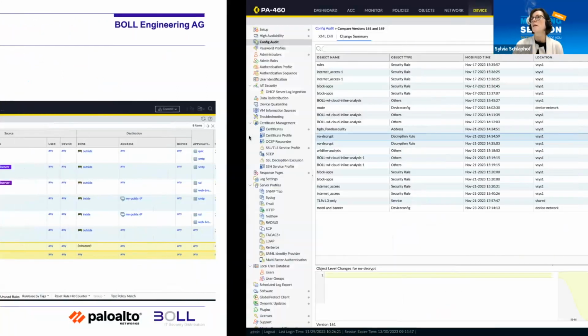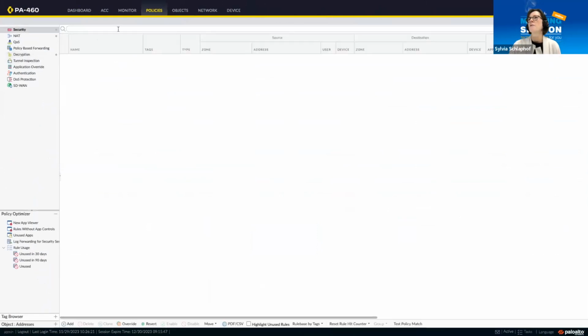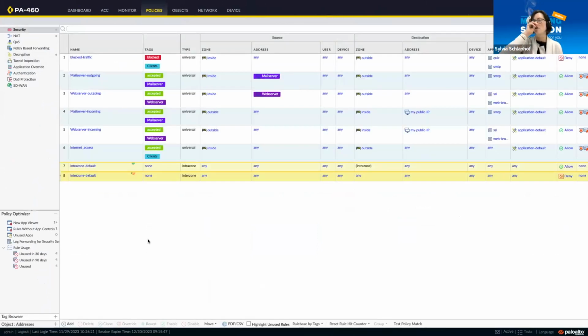So let's make an example. Let's go to our policies here. I have just a small policy. Normally you know this at the customer, you have policies with more than 100 or maybe 1,000 rules, something like this. And then it's really difficult to have an overview of all of your rules, or maybe you just want to see all the rules which belong to the mail server, which might not be at the same place, depending on your order. So what you can do right now is